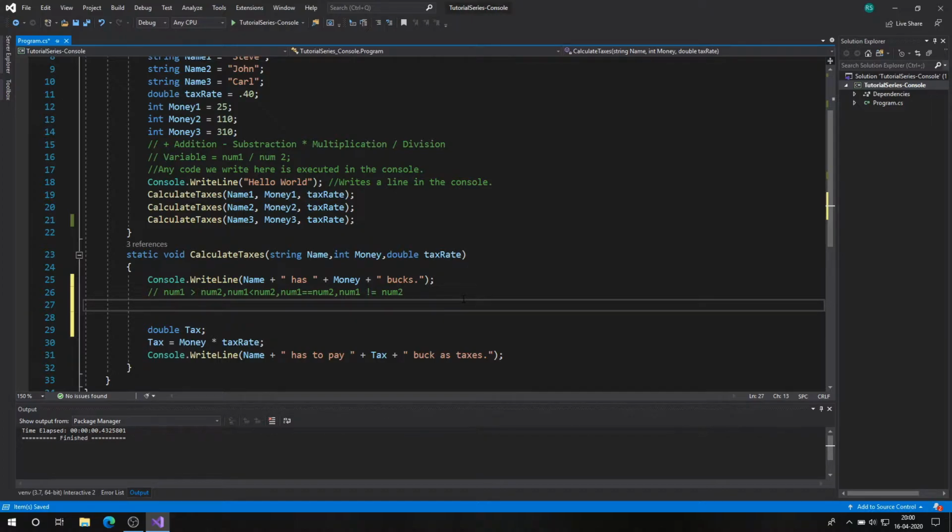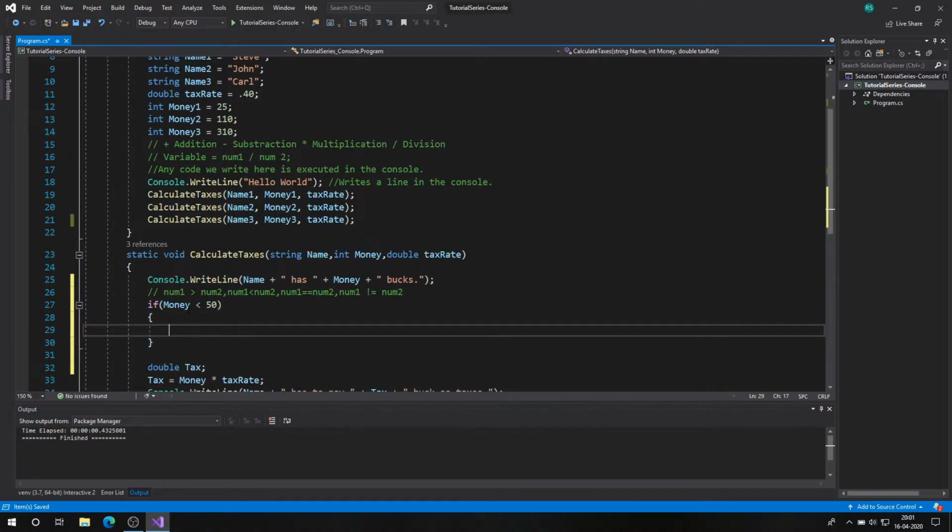So how to use conditional statements? Conditional statements come in the form of if, else if, and else. It is very easy. I'll explain it to you right now. So I'll say if, and I'll put a bracket, and I want to say that if the amount of money that person has is less than, let's say, $100, he doesn't have to pay any tax. Let's go $50 to be honest. So I'll check the money of the person whose parameters are sent here. So if money is less than 50,